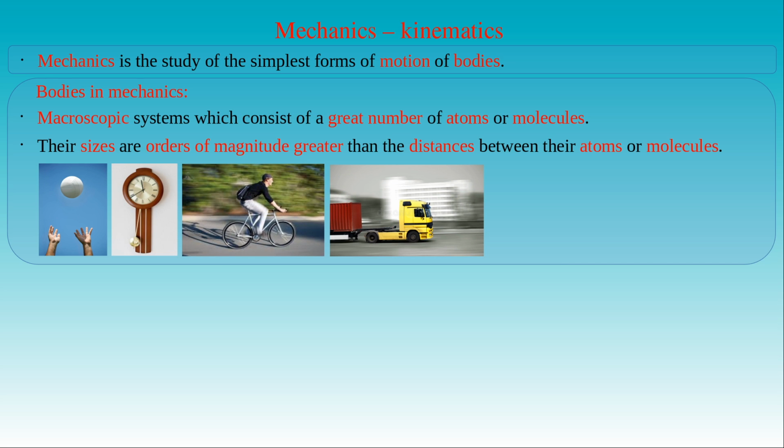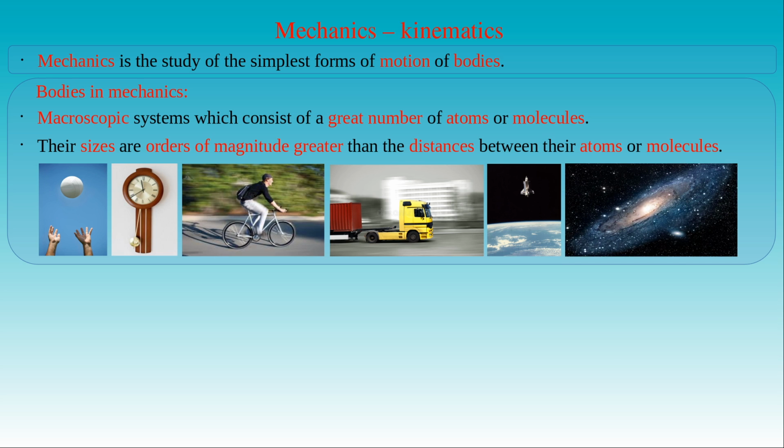However, in mechanics we do not restrict our attention to the bodies in our direct environment. We can leave the surface of Earth, and study the motion of spacecraft or even the rotation of Earth and its orbit around the Sun. But we do not stop at the vicinity of Earth. We can also examine the motion of other planets in the solar system or the motion of the matter in galactic or supergalactic scales, where the principles of mechanics can still be applied with some reasonable approximation. From these examples it is already clear what a versatile family of objects can be considered to be bodies in mechanics. Now we determine what we call motion in mechanics.